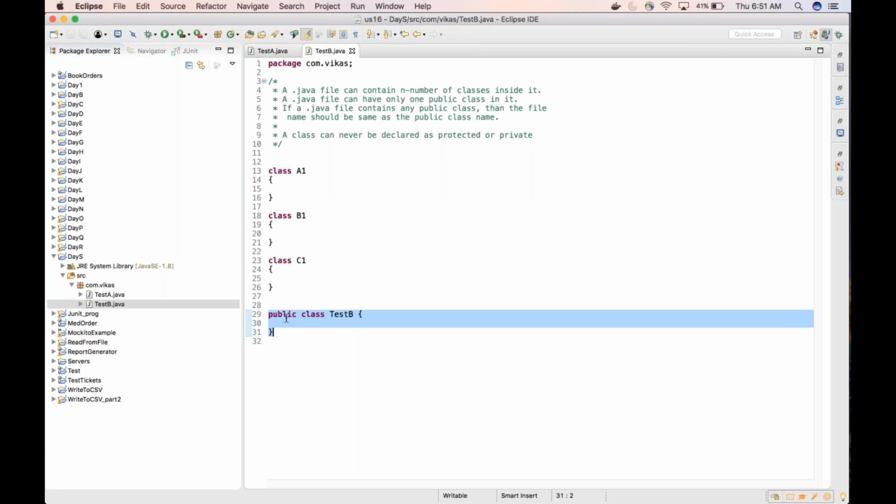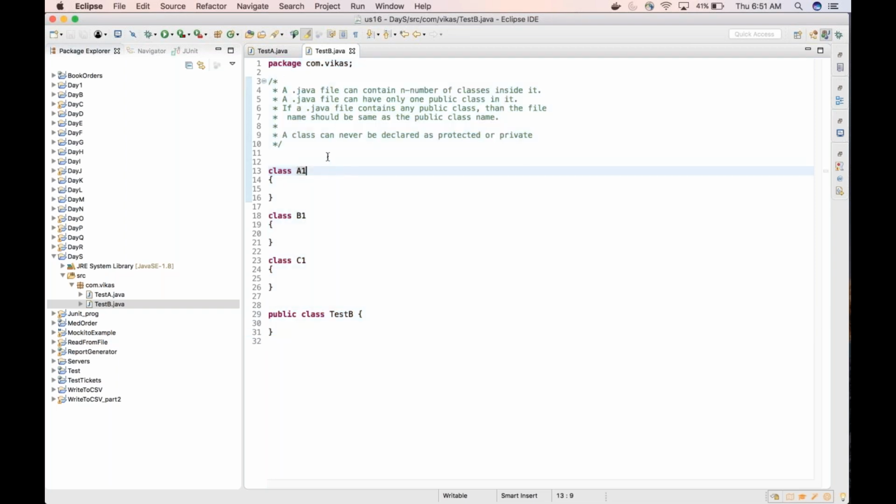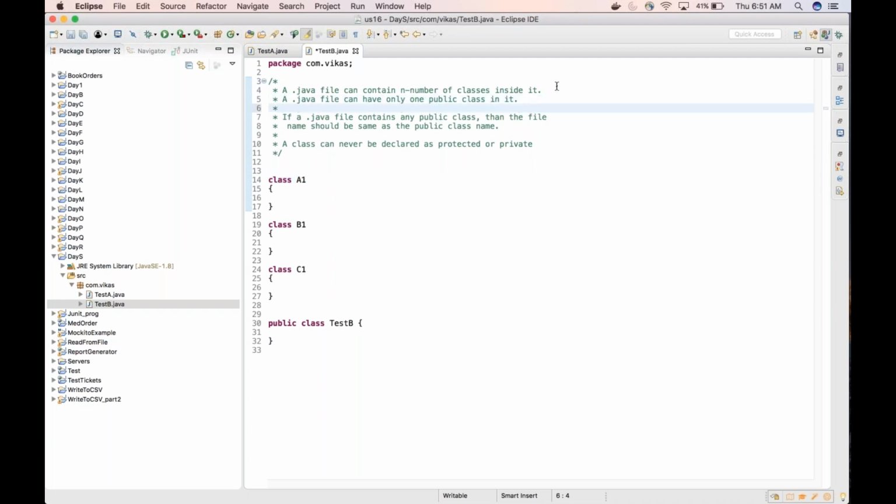Clear, everyone? Any doubt on this? Little confused about the second one, like if a Java file contains any public class, then the file name should be the same as the public class name. Yes. So